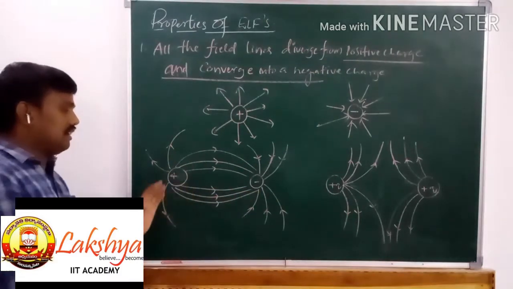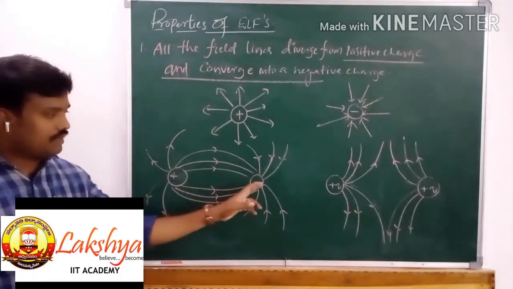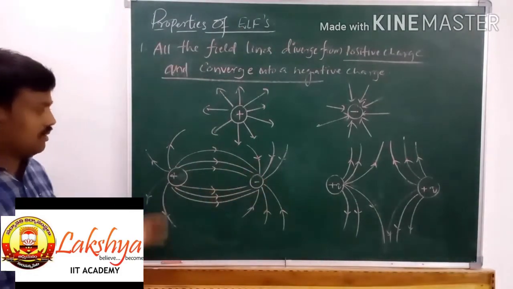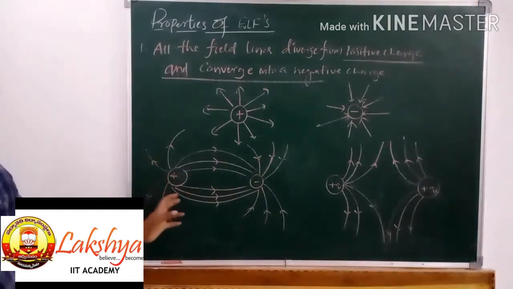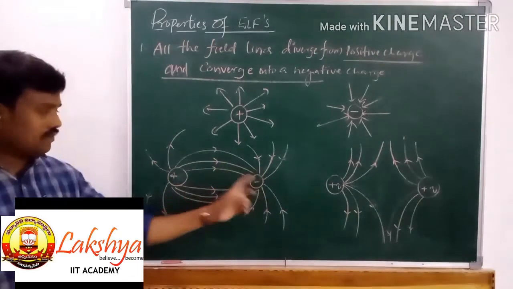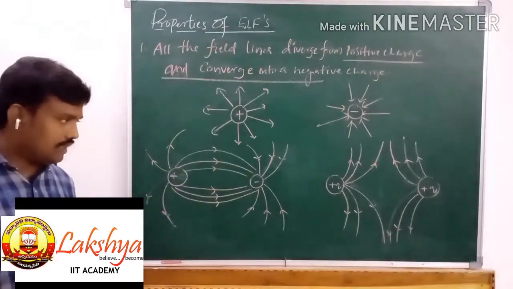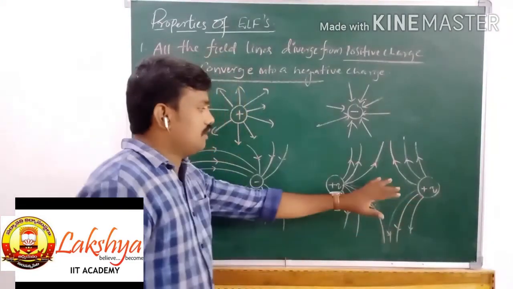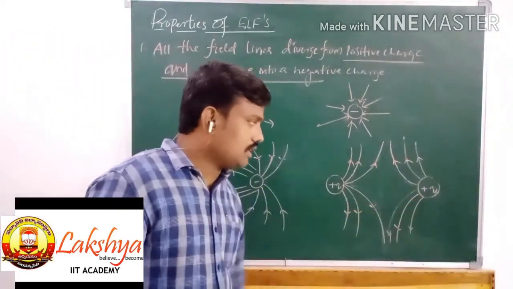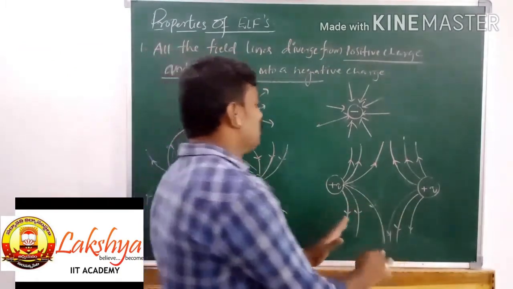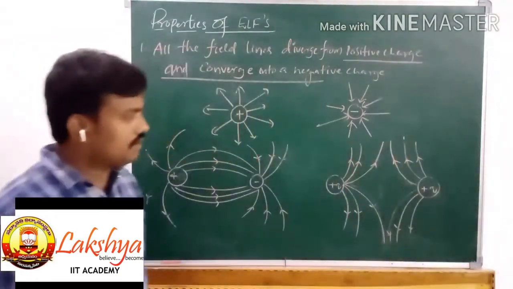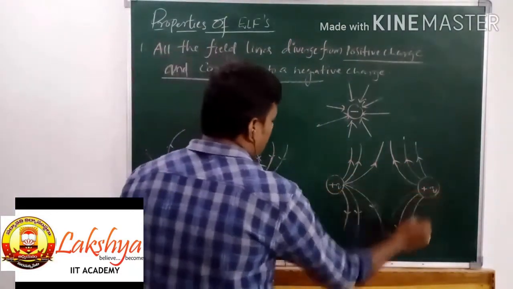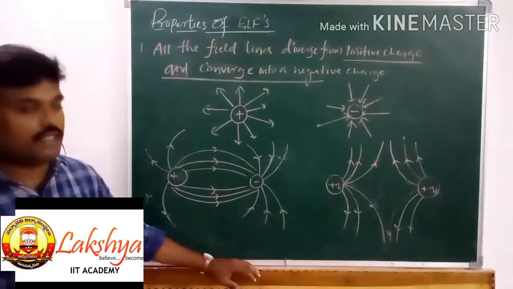So these electric lines of force will start from the positive charge and end at the negative charge. Some of these lines end at this negative charge, and some of these lines will come out like this. This indicates the attraction force between the positive charge and the negative charge. In this case, if both are positive charges or both are negative charges, these lines are going to diverge from each other, and they won't interact with each other. This is the situation we see in the repulsion case.